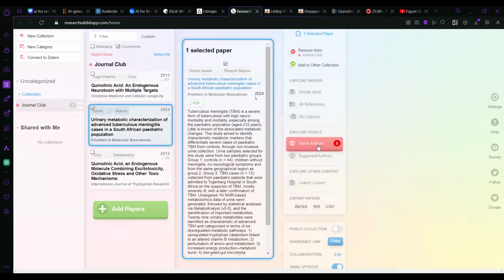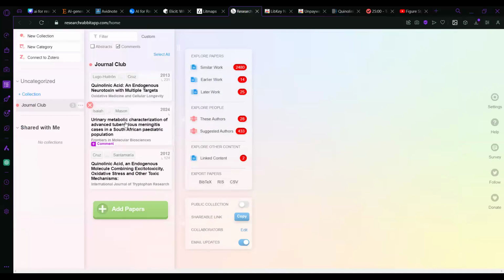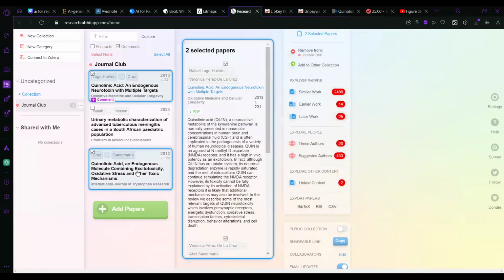At the moment, there isn't a lot of information or stuff that you can do on Research Rabbit with it, because I think it's so newly published. I think it was published this month. So I will just be using my two quinolonic acid articles.